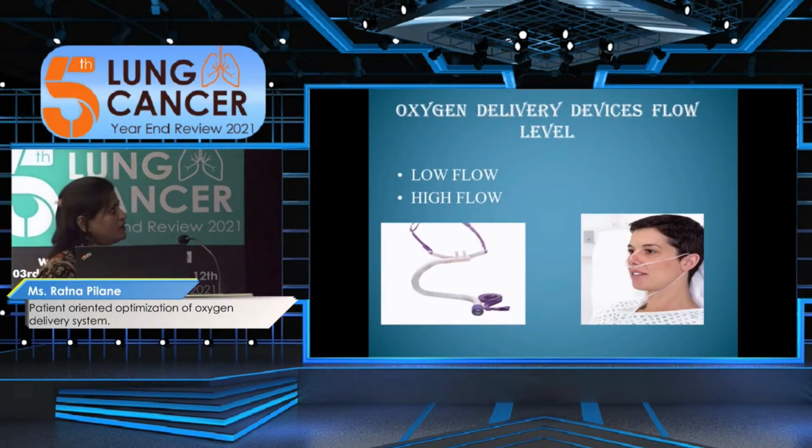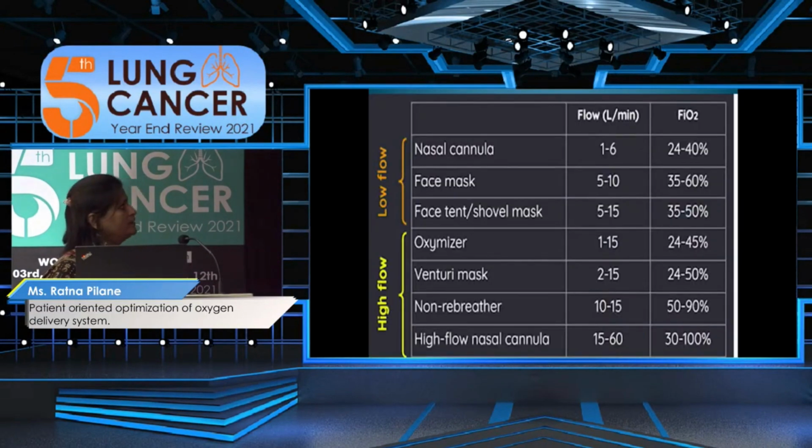Then oxygen delivery devices are of two levels: low flow oxygen delivery devices and high flow. There are many types. The nasal cannula is low flow because we give only 1 to 6 liters, which gives 24 to 40% FiO2, whereas with a face mask we can start with 5 to 10 liters,